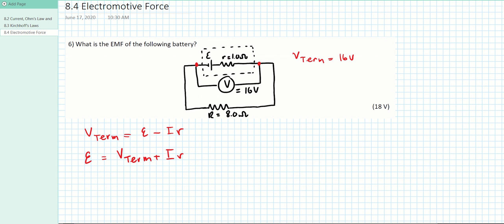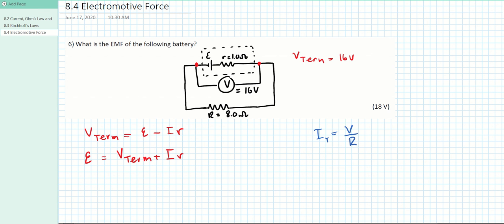Notice here that the internal resistance, lowercase r, is in series with the load resistor, capital R, which means that in a series circuit, the current is going to be the same, right? So it doesn't matter the load, because there's only one path for the current to flow, the current is going to be the same. So you can find the current using Ohm's law first of all. If you remember, Ohm's law says that current is going to equal the voltage over the resistance. Now in this case, we're talking about the total current, and this would be your total voltage over